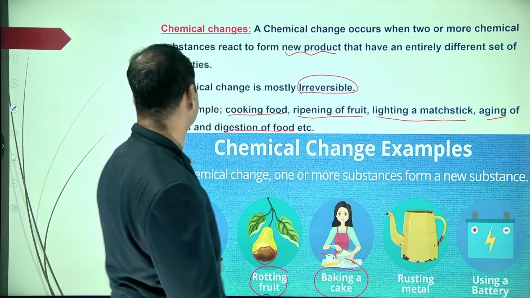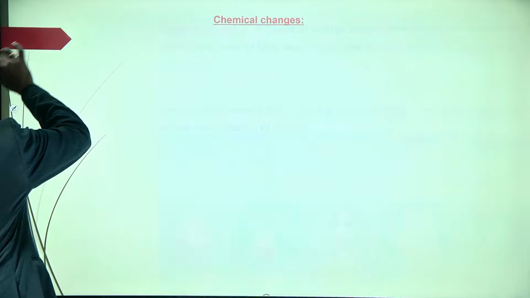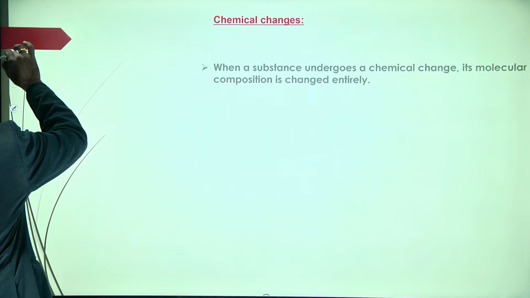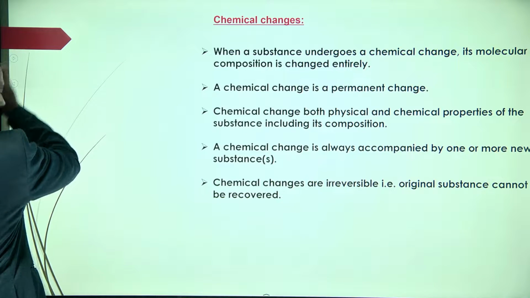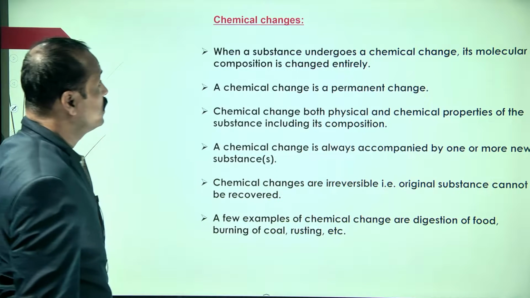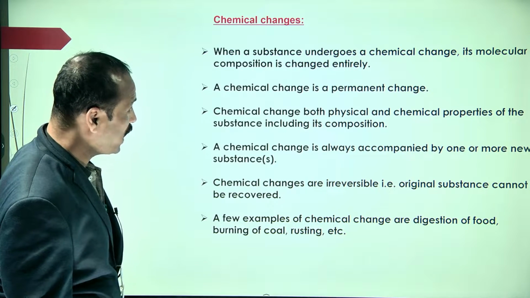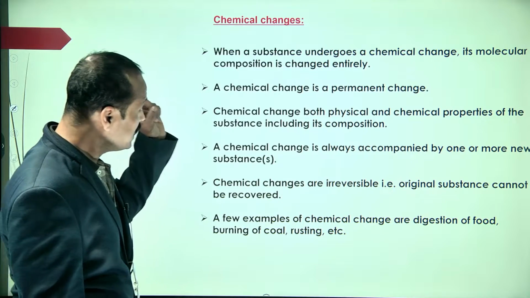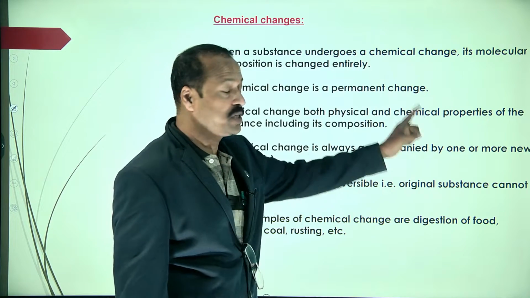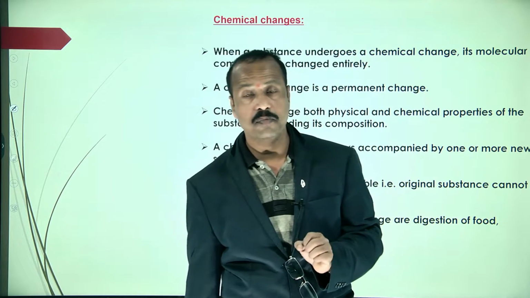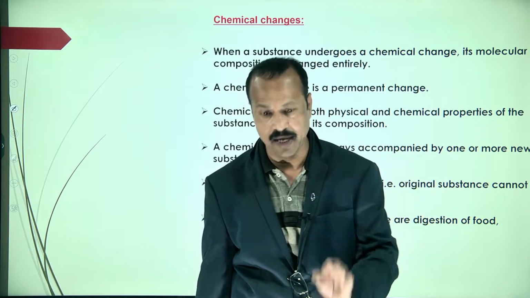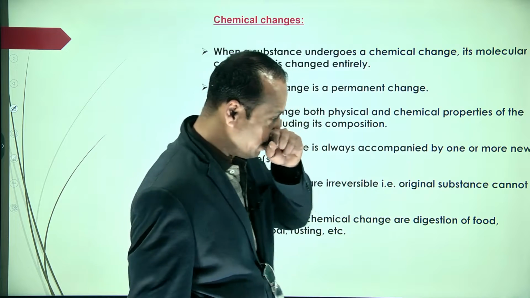Right. Now let us see in detail, one by one, what actually happens in a chemical change. When a substance undergoes a chemical change, its molecular composition is changed entirely. Its molecular composition changes entirely. What is the meaning? For example,